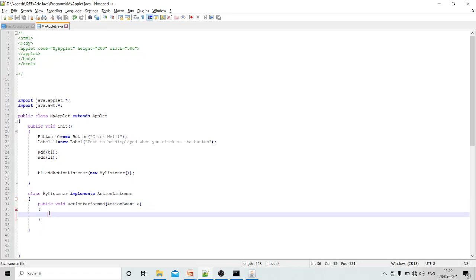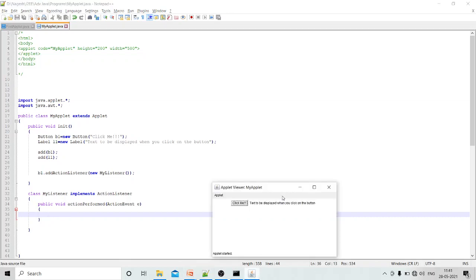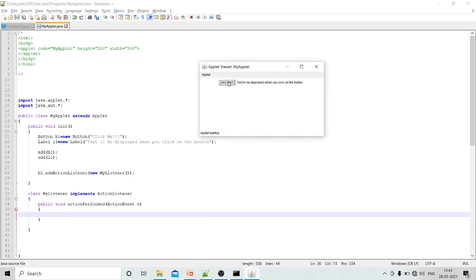Okay, now how does it execute? Consider your GUI. So this is my GUI. When I click on this button, what happens? When you click on the button, automatically your JVM creates an object of a particular event. The event here is ActionEvent. The JVM creates it. In the program we are not creating any event there, remember. Your JVM creates an object of ActionEvent when you click on the button.